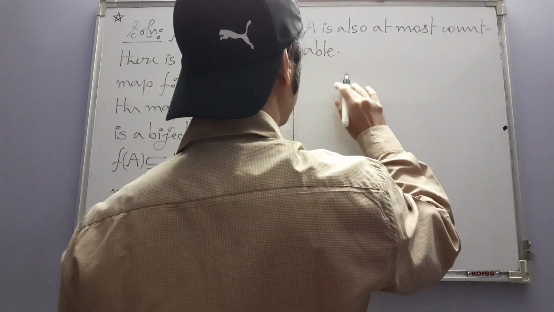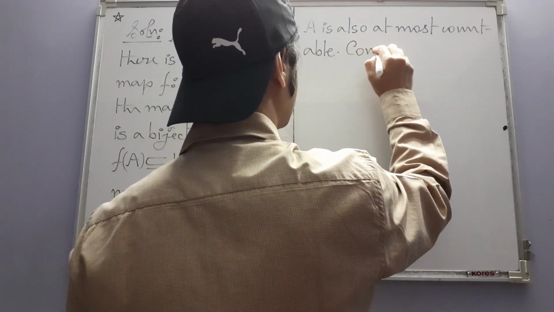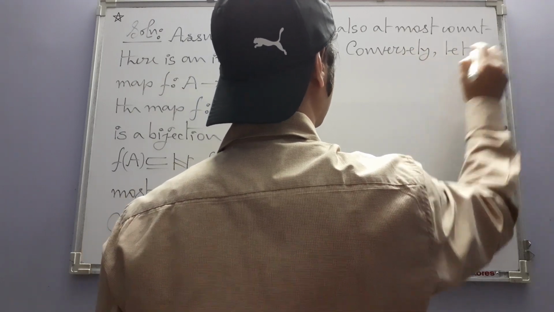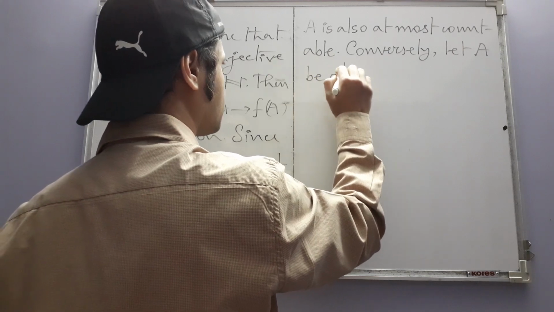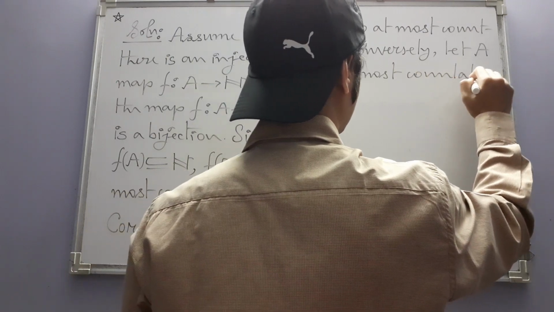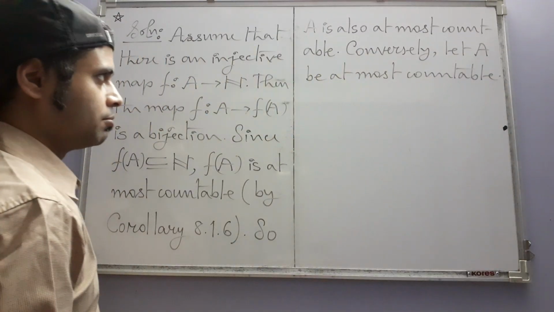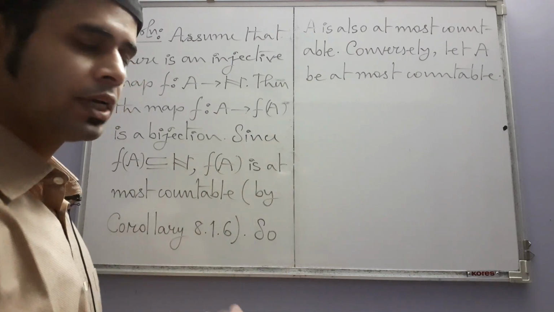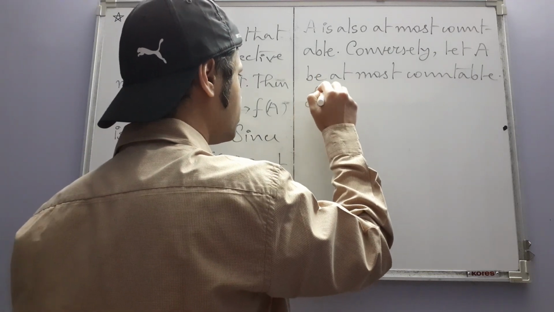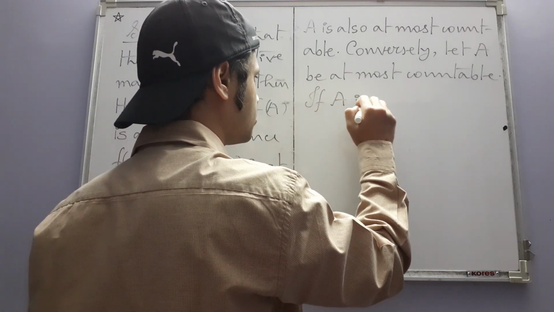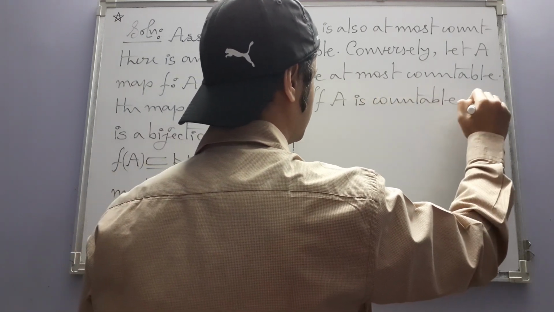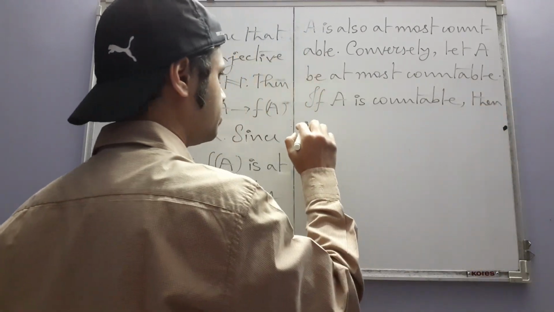Now conversely, let A be at most countable. Now just like that, we have two cases, either A is finite or it is countable. If A is countable, then by definition